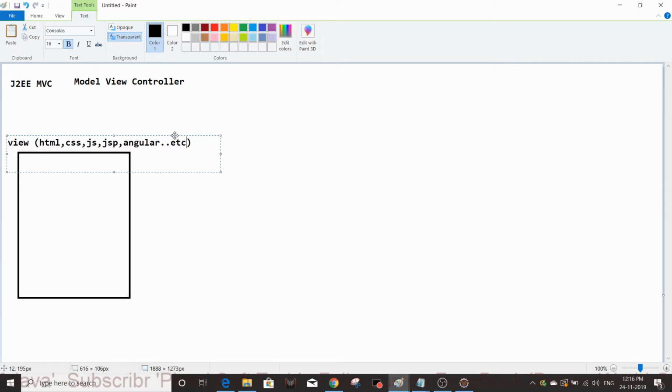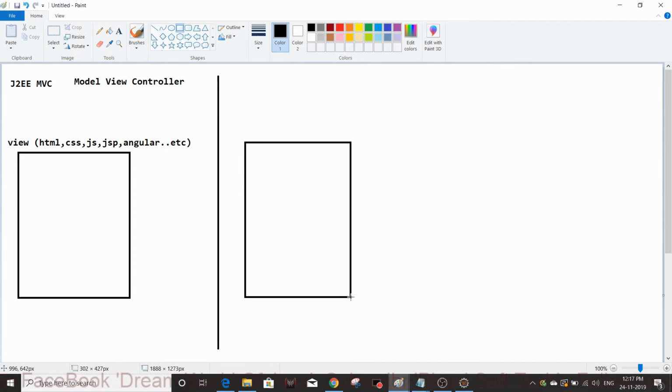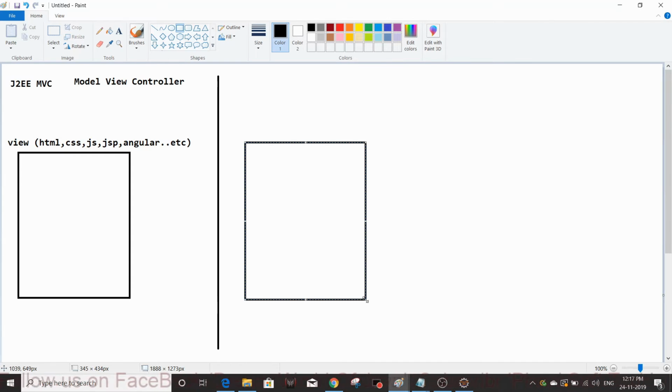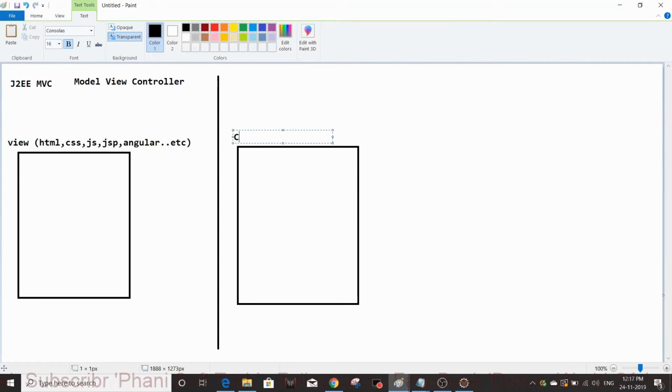After that comes the controller. This is the client and this is the server. On the server side, the first gateway, our HTTP gateway, is nothing but a servlet. It is the controller, controlling the logic and controlling the data.